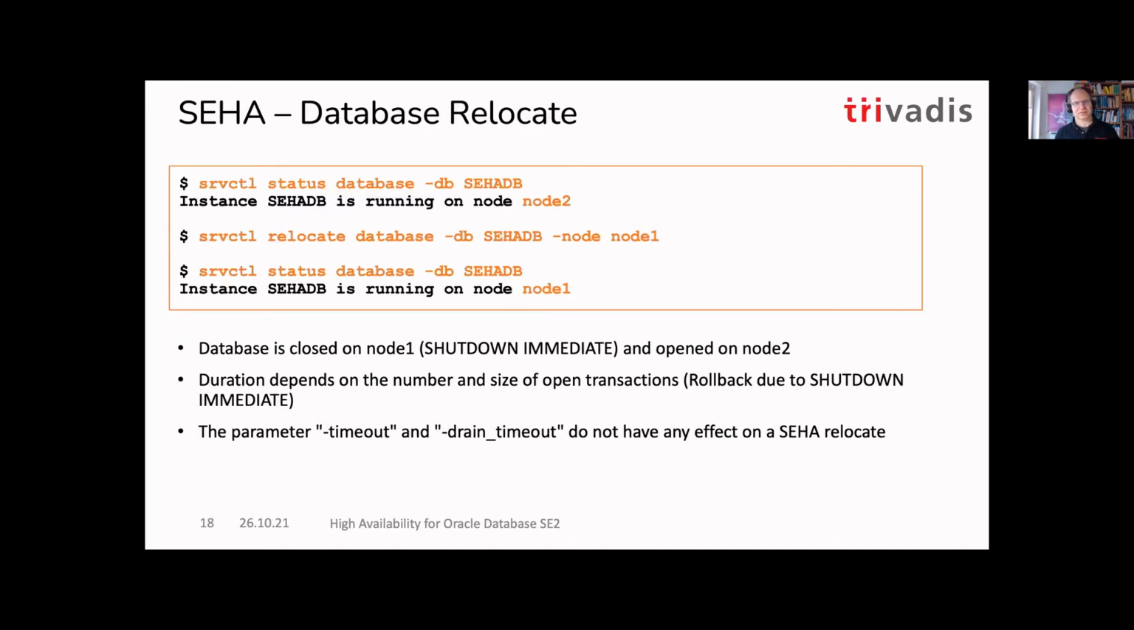You can move the database from one node to the other. There's this relocate command, which is known from RAC One Node. There are some additional parameters for RAC One Node, which cannot be used for SEHA, like timeout and drain timeout, because these parameters require application continuity, which is not available for Standard Edition 2, but simply use relocate database from one node